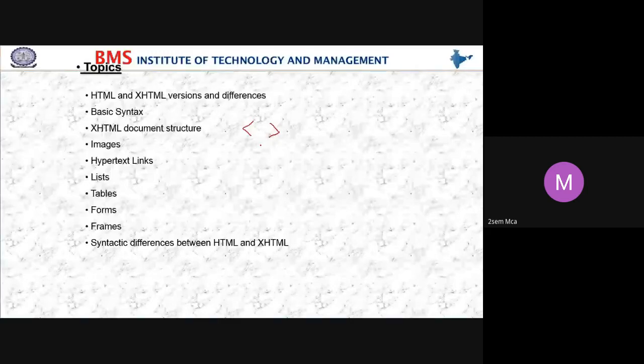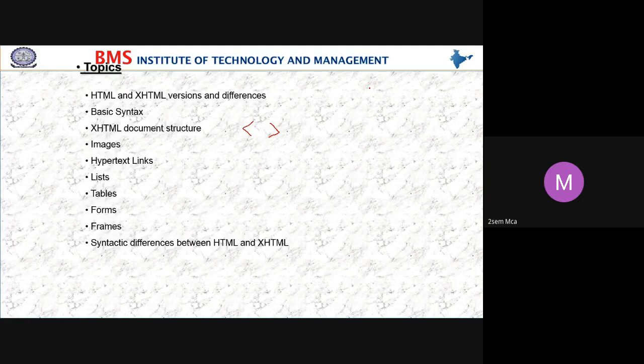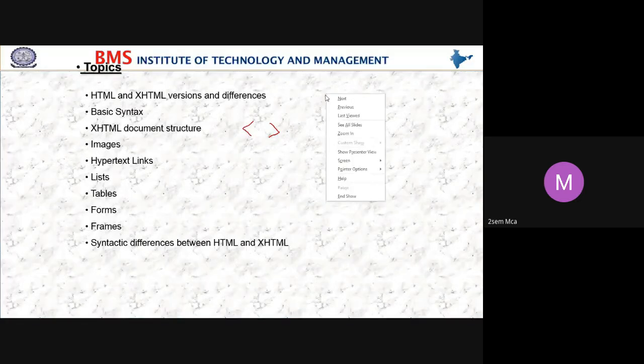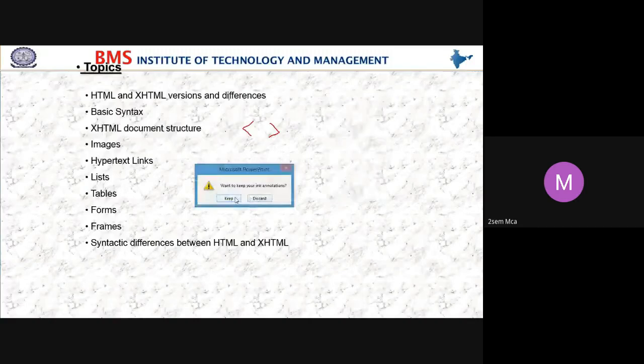When you want to include any image, list, tables, forms, any data, any heading, or any paragraph of information in your web page, everything we can do with the help of tags only. Without tags, you cannot execute anything. So first, students, I'll show you one program. In that program, one by one, I'll include these tags so that you understand clearly.